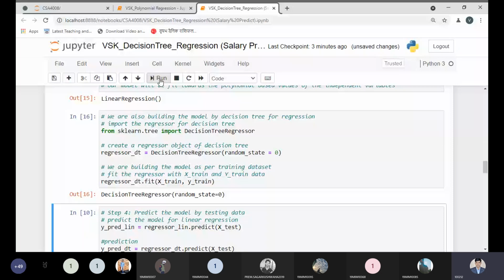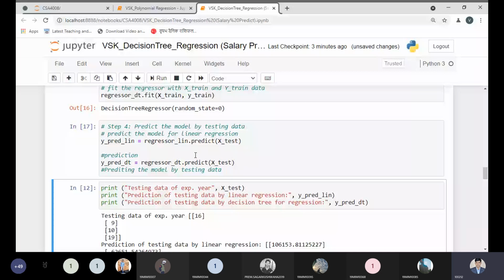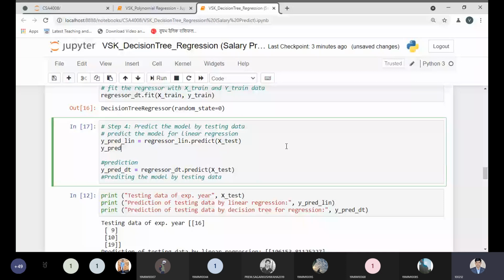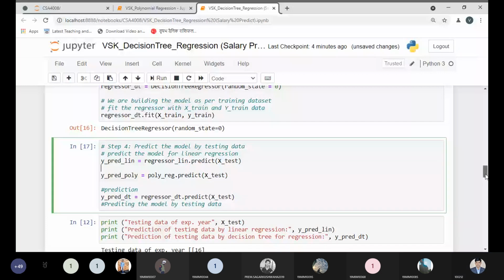And here, yes, I need to take another variable, and that is y predict poly. Okay, so poly is equal to, what is the name of the variable? That is poly regressive. Okay, so keep in mind this point. So poly.predict, and that we have the predict and x_test. So what we are doing here, we are predicting the model by polynomial regression, and we are printing this